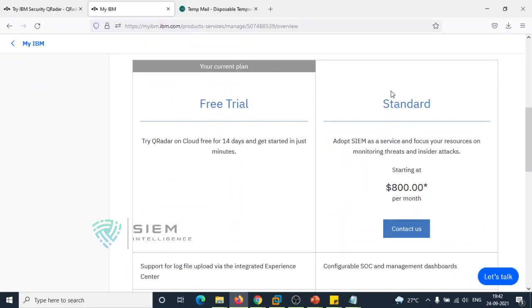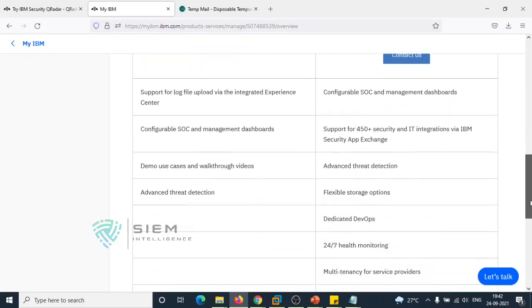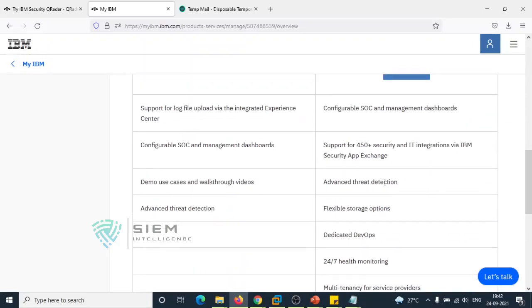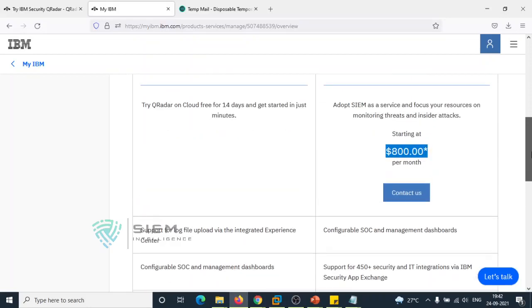If you want to purchase this, it is something like $800 per month for only a basic set. You can integrate up to some 4,000 or 5,000 EPS only. To do those things, you need to pay something like $800.